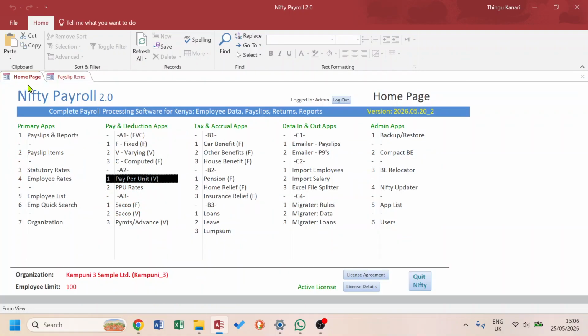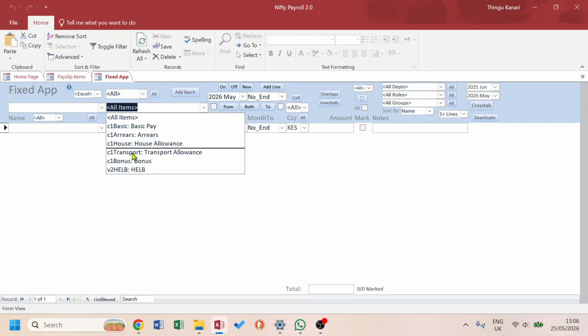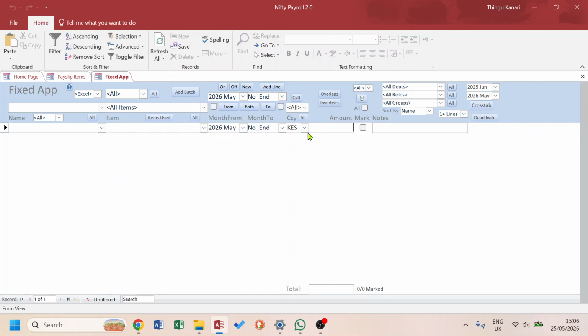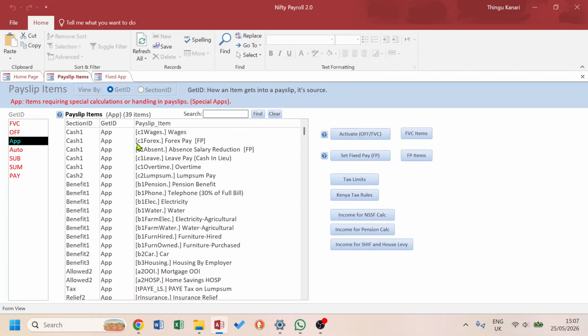But that does not apply to the fixed. Actually, it does, but in fewer cases will you do that. Usually in the fixed app, you'll just do this. But if you really wanted to see the others, there's a way, but let's not look at that. For now, just assume that the ones you've activated here are the ones that are visible here. The reason why they're available in the varying, some people don't want to use these other apps. They just want to use the basic payroll, fixed and varying. So that's why I made them available there. So that's how you activate items